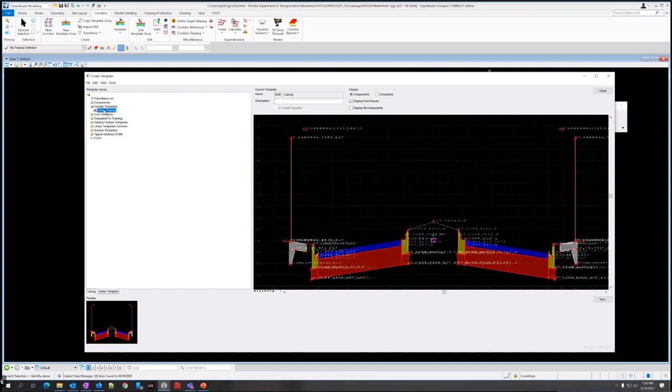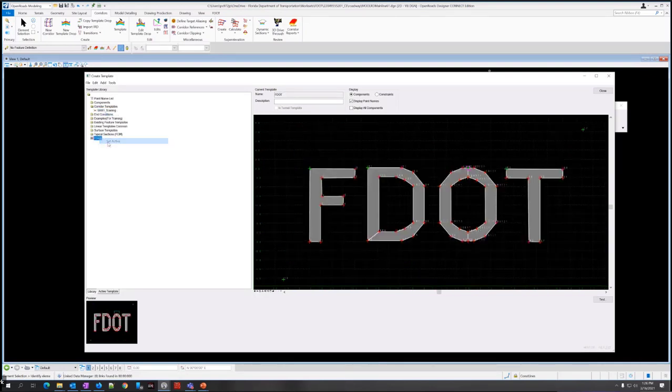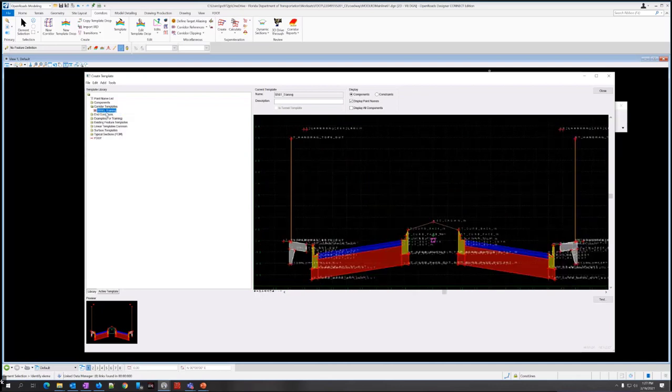So if I double click on this, it makes it active. You can also right click here and do set active. That'll do the same thing. And it changes over here. Down over here is your preview for the active template. So this little red box here, you probably can't see it because it's pretty small even on my screen. There's a little red box showing you which one is active. But your main indicator is over here. So I may select a different one down here, and it'll preview it down here.